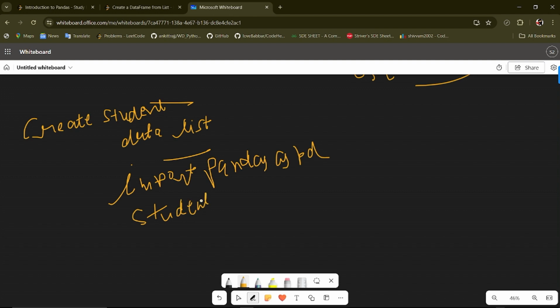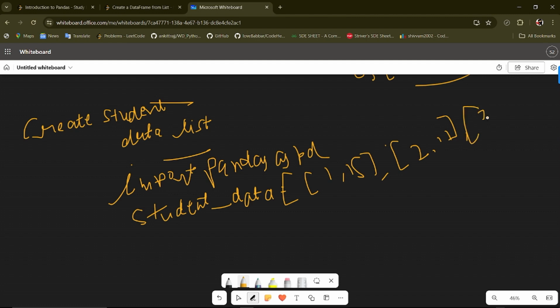Here we have student data equals to the list of values, 115, 11, and next 420.